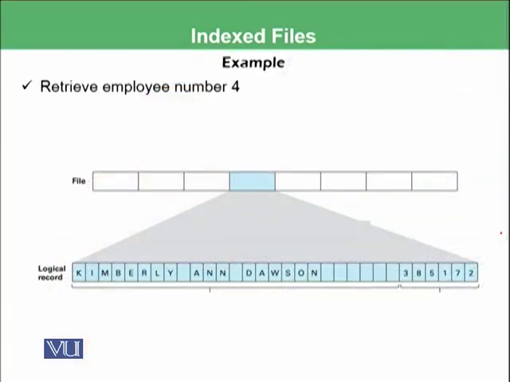So let's have an example. We have the same file which we were discussing in the previous example, which has 1, 2, 3, 4, 5, 6, 7, 8 employees, and all of those 8 employees have different data. And for example, this data is stored in secondary storage, in magnetic tape, and we are interested in where employee number 1 has been stored. So we want the address of this particular sector and track, where this has been stored,